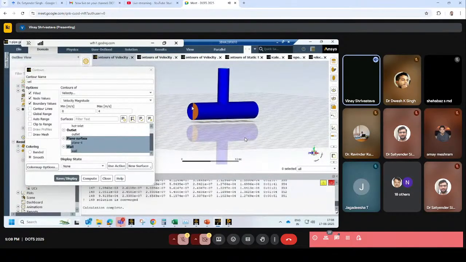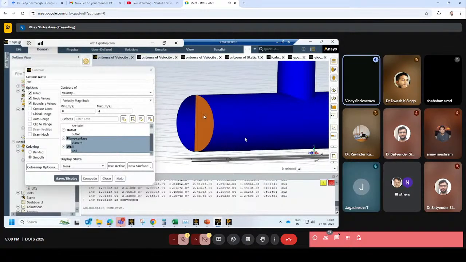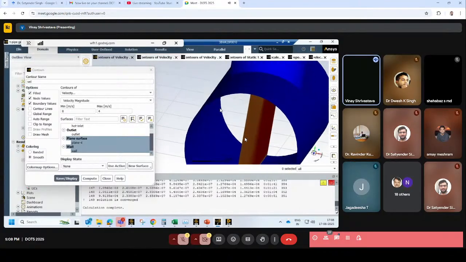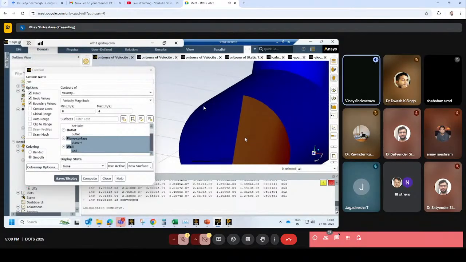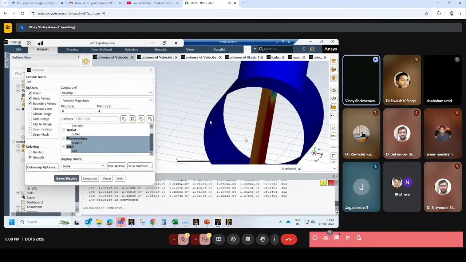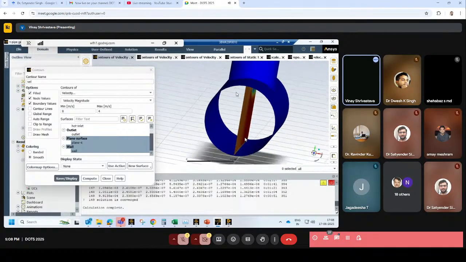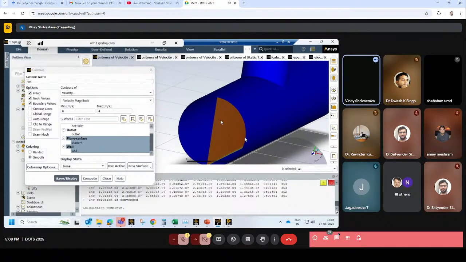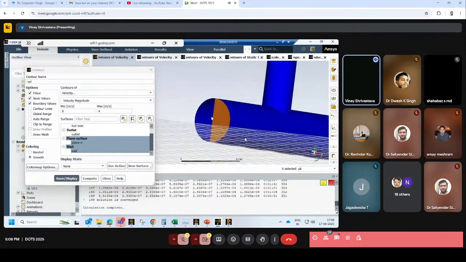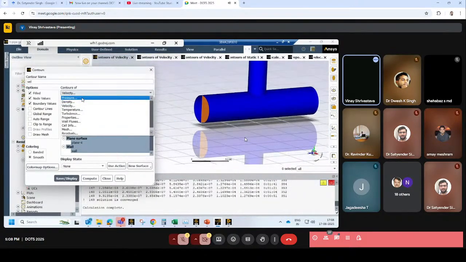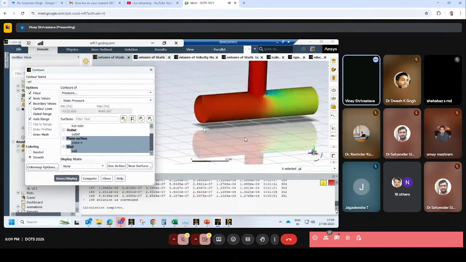So if you want to see the velocity somewhere away from the wall, because definitely we know at the wall there is a no slip boundary condition, so we will get zero velocity. But away from the wall there will be some velocity. So for that you need to create a surface where you can draw the velocity, right? Right now it is not here, but we can draw pressure. So for example, pressure, I'll select auto range. This is how the pressure looks,